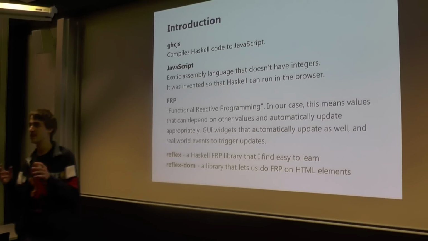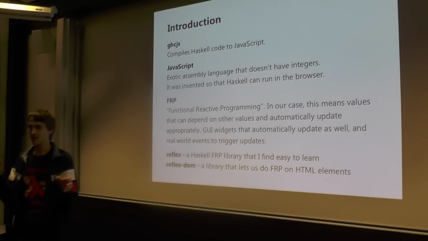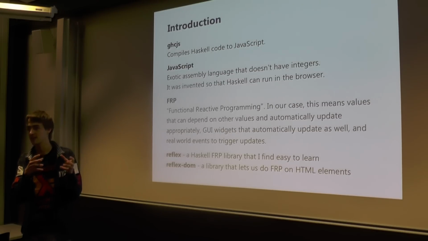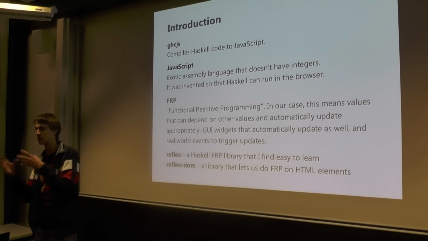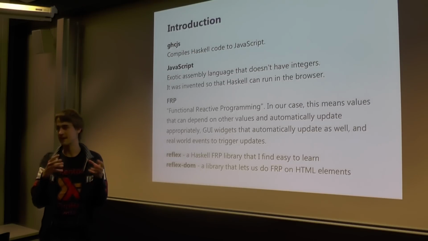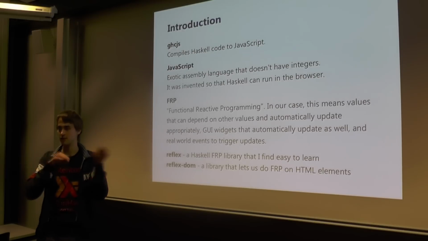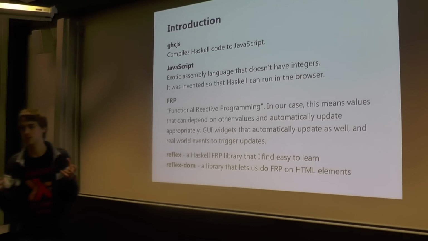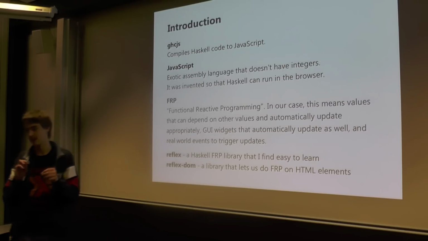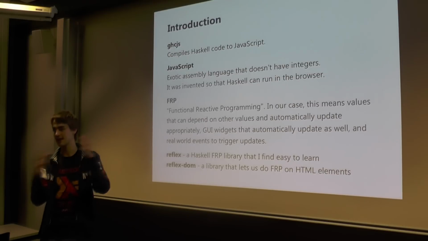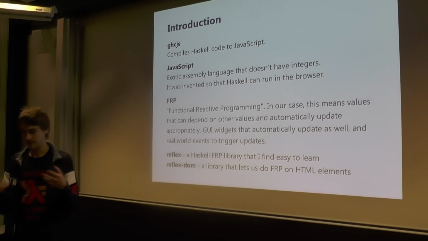So in our case, this means that you have some values, and these values can depend on some other values, and they will automatically update when the dependent values change. And in the same way, you can have some GUI elements that will automatically re-render when some of these dynamic values change. And this is very convenient because this means you do not have to do all this manual updating that you typically have to do in writing websites with JavaScript directly, listening to events and then changing things. Instead, you can just declare down your website and it will automatically reflect the updates to the various values